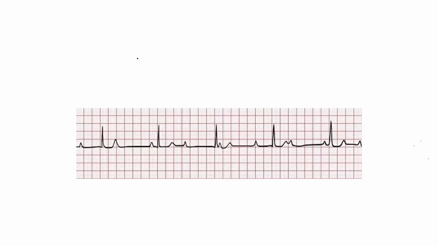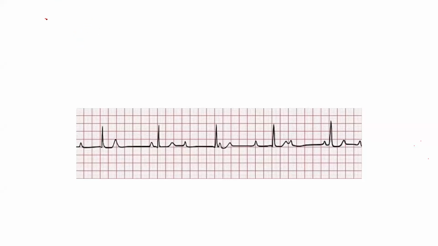Is the QRS complex visible? Yes, it is present. Is the P wave present? P waves are present here, yes, sir. Okay, what is the next question? Is any P wave not followed by QRS? So this P wave is followed by QRS, this P wave is followed by QRS. This one, there is nothing. This one, there is nothing. So not all P waves are followed by QRS complexes. Okay, so this could be either second degree or third degree heart block.